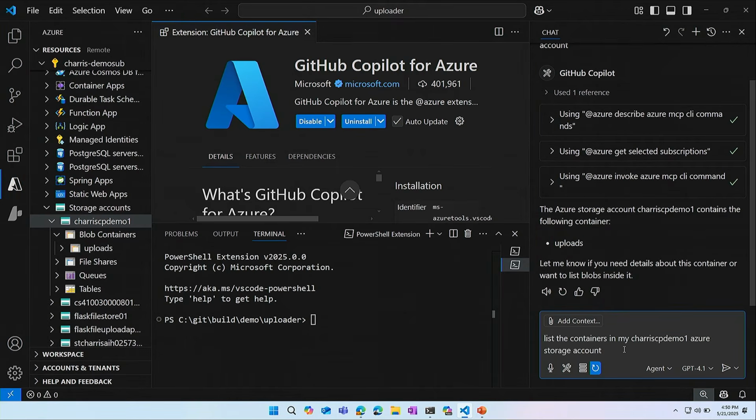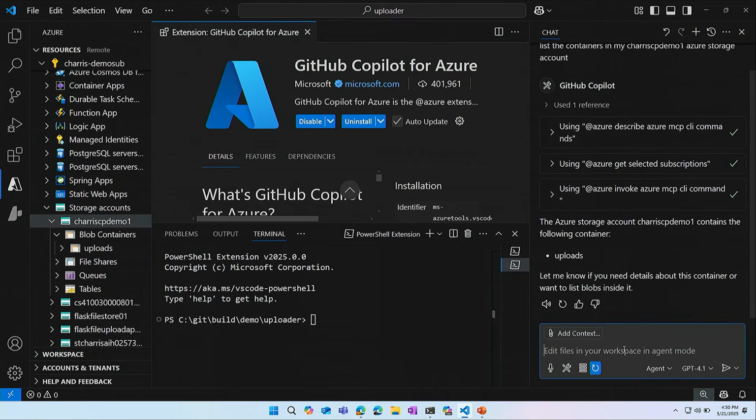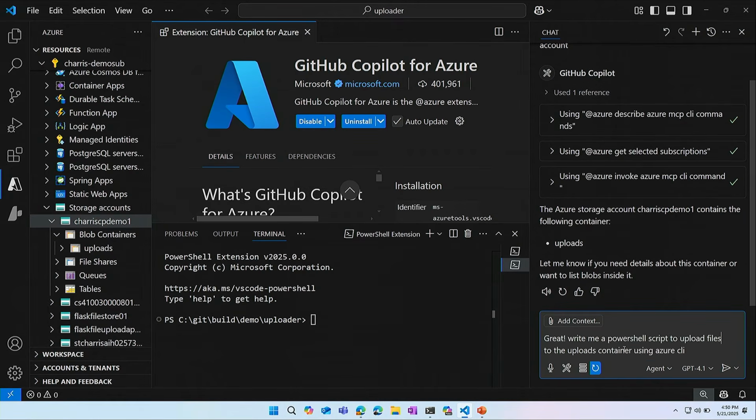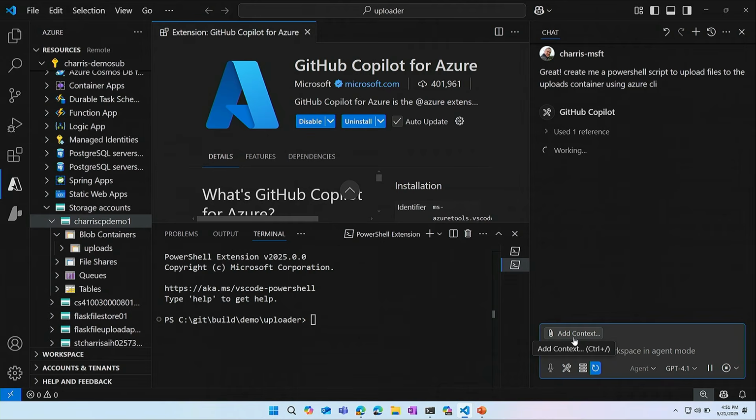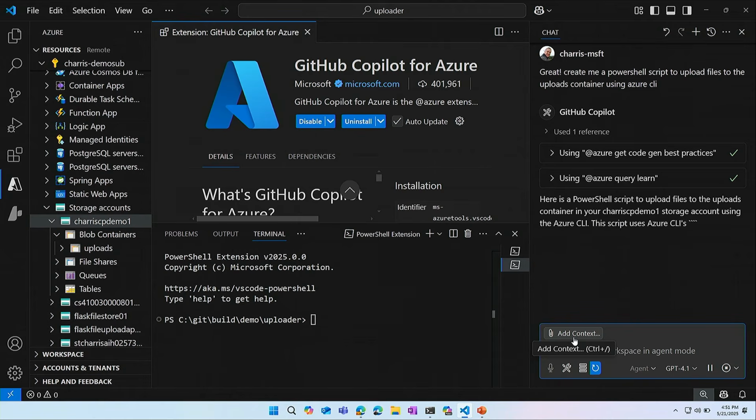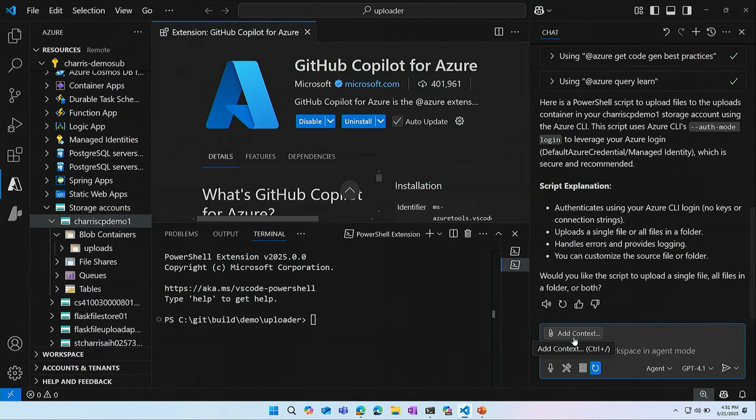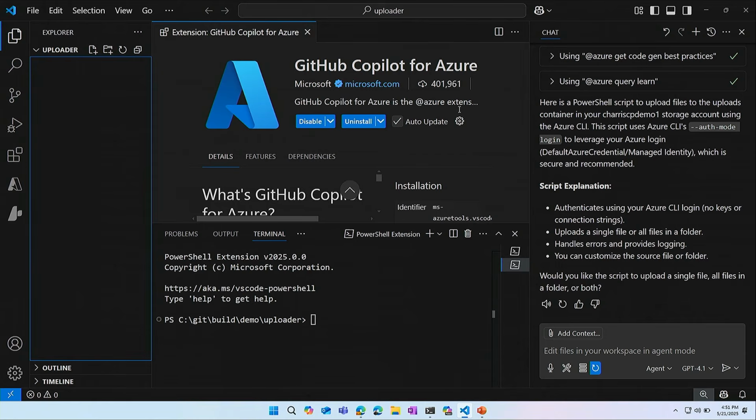So as I come in here, next command is I'm going to say, show me, that's not the one I want. I want it to write a PowerShell script. We're going to use a different command there. I actually want a specific command called create. There we go. So I wanted to create a PowerShell script that is going to not just create the storage account. We can do that. So we have the ability to write Bicep files. We can write Terraform files. We can create AZD templates. There's a lot of capabilities here. In this case, what I'm wanting it to do is to create me a file that will,